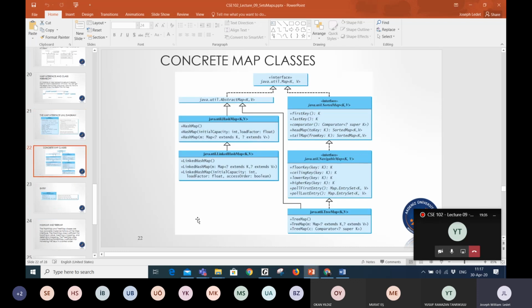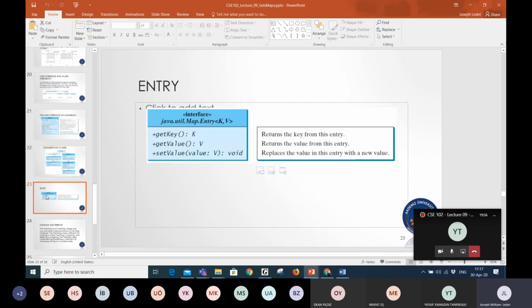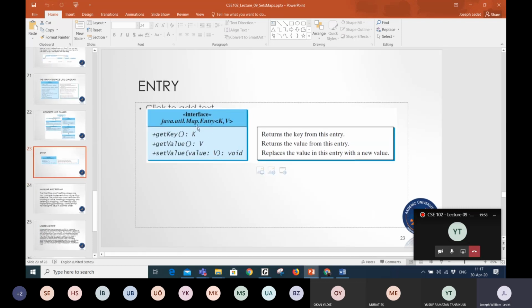So some of the concrete map classes, we have a hash map. That's the one we're going to look at today. We also have a tree map, just like with the set, we have the hash set and the tree set. Hash map is unordered, just like the hash set was unordered. Tree map, just like the tree set, is an ordered version of that map. Okay. Map entry has the whole key value pair also. Okay, so